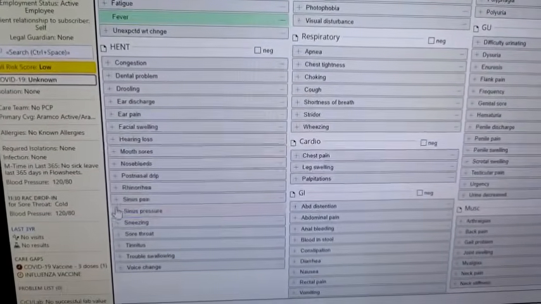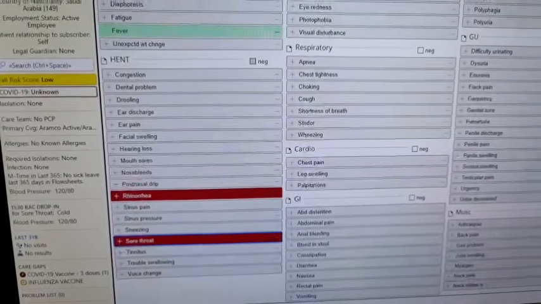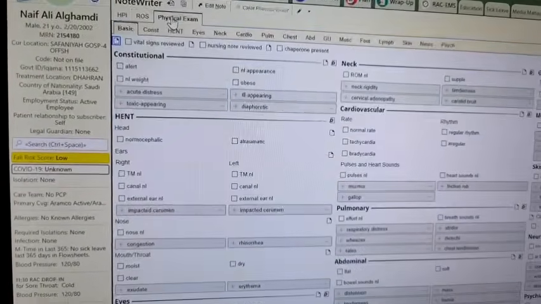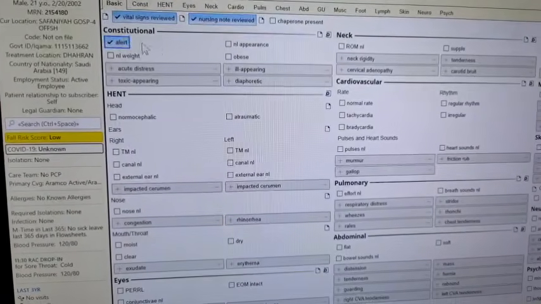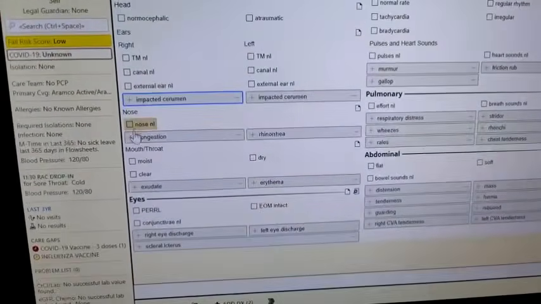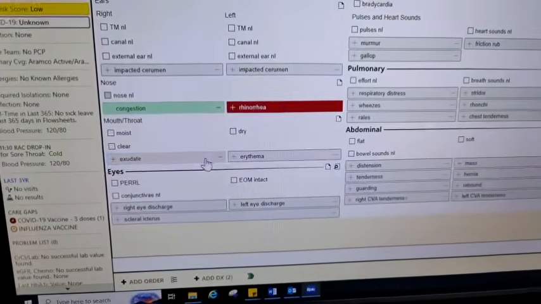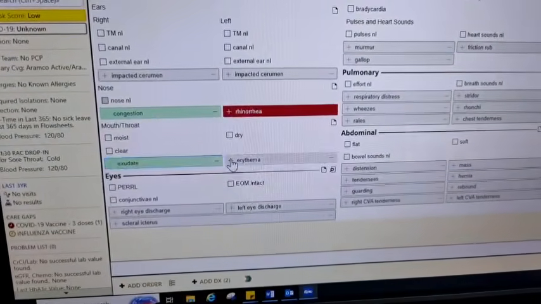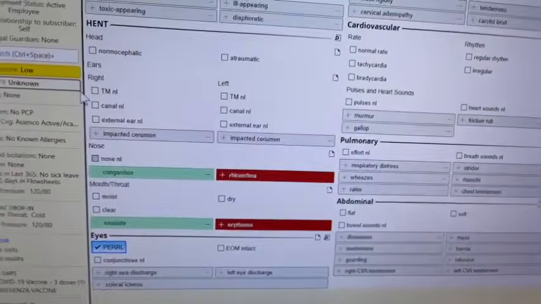So you complain only of rhinorrhea and sore throat. Then for physical exam, all you see in the patient, vital signs, he's alert, no nasal congestion but rhinorrhea, no exudate but there's erythema in the throat. Simple, you just tick.